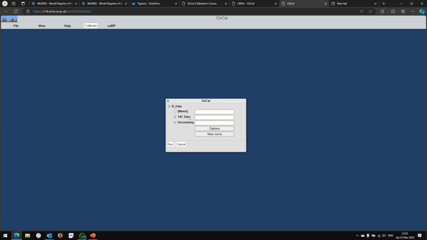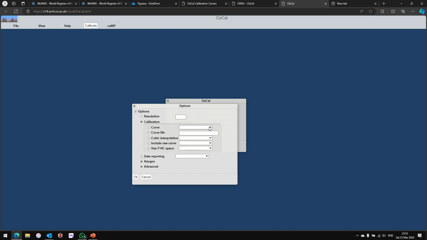I'll just name this sample 1. My 14C date is 3684. My uncertainty is 37. So this is in before present, that's before 1950. And my uncertainty or standard deviation, I presume, is 37. I'll go to options, I'll go to curve, and I really have no idea which curve I should select because